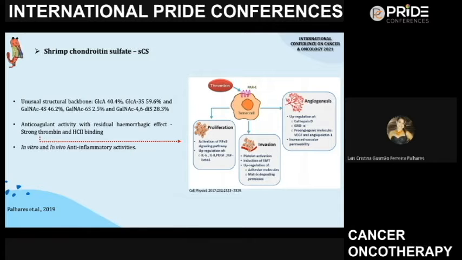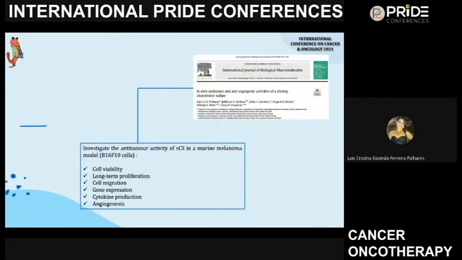So in that sense, we started to look in our compound to see if, because of its capacity to inhibit thrombin, we could maybe see, in a direct way, this compound showing anti-tumor activities. So that was the thing that we mainly did in this study. Here I'm only going to describe the in vitro work. We also performed the in vivo part of the study, but we're writing the paper right now. If any one of you has an interest in it, you can contact me and we can discuss further.